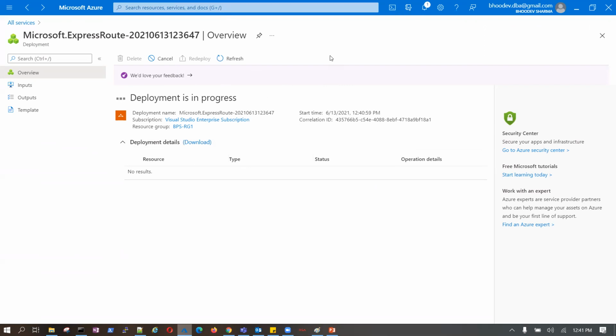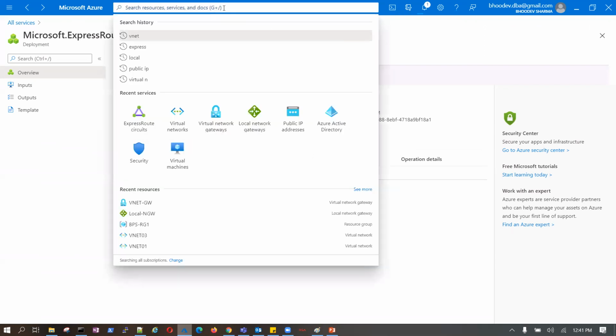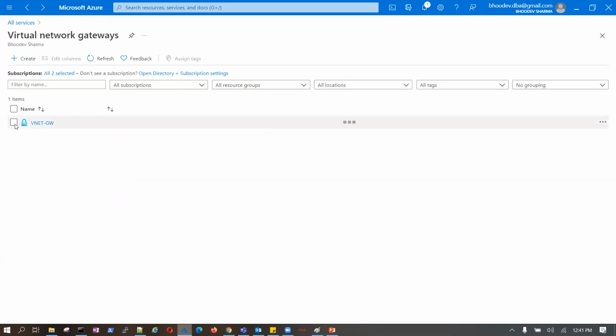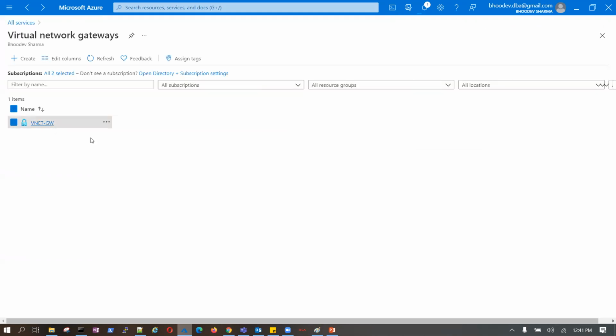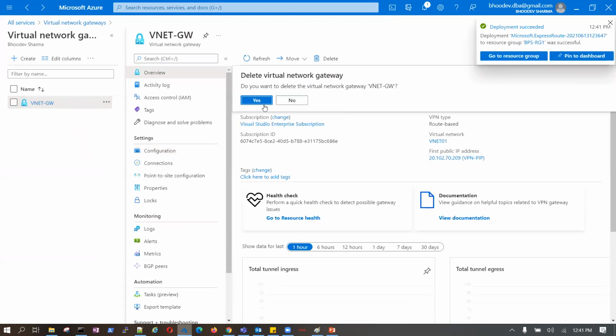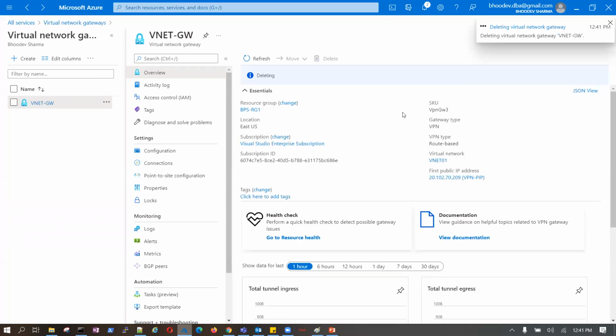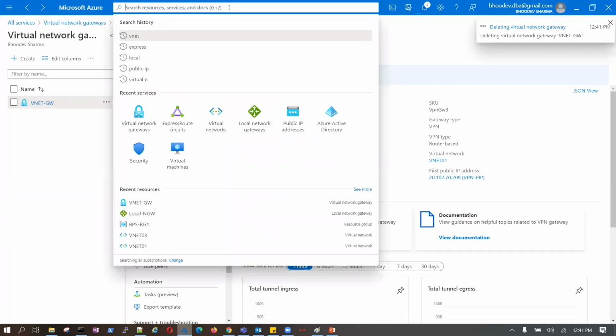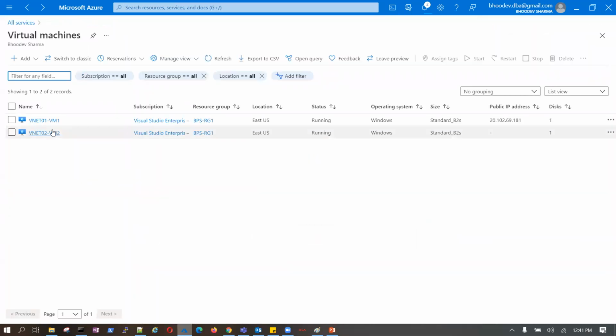In the meantime, while it gets created, let me start the cleanup of my environment, because again it is going to take time. Now the network gateway, I don't want it, so I say delete this. I have virtual machines running, so I can say my virtual machines also get terminated.